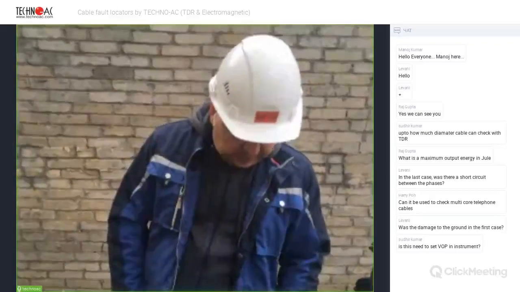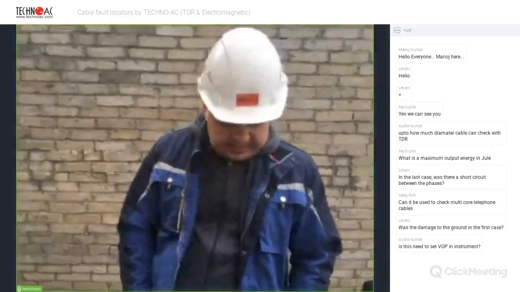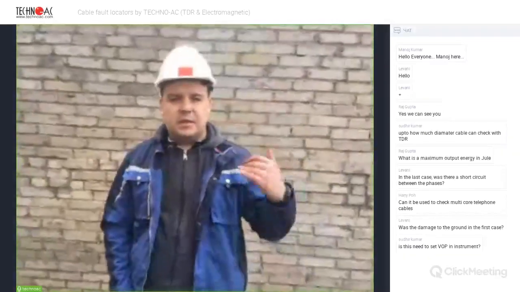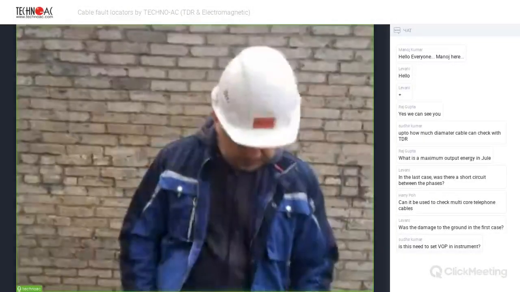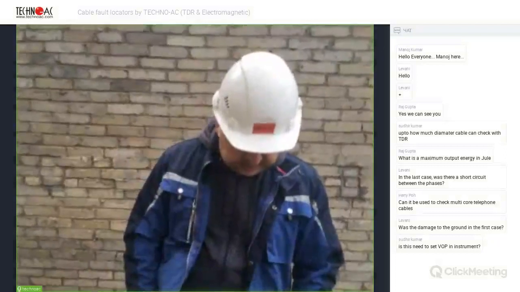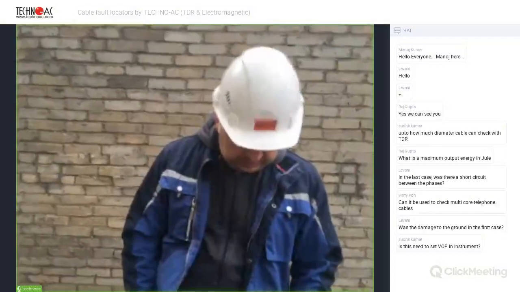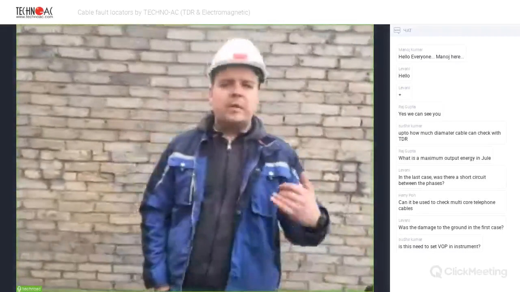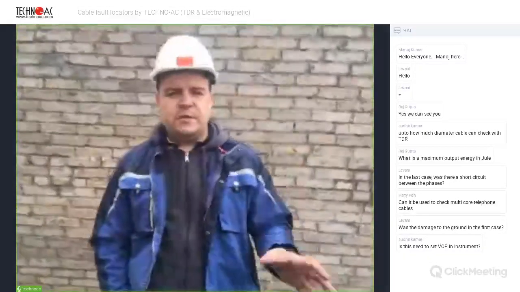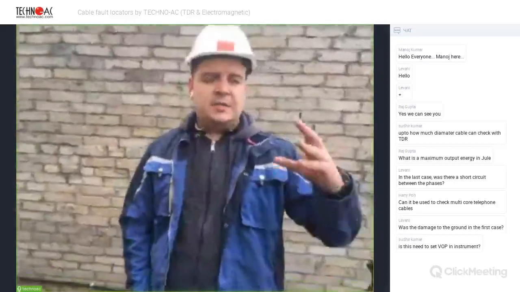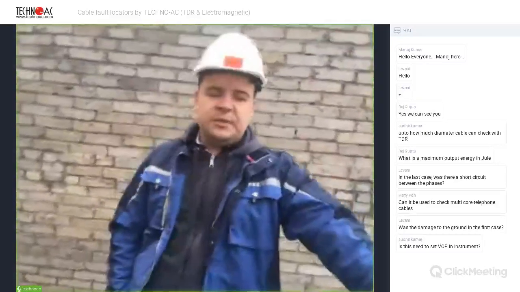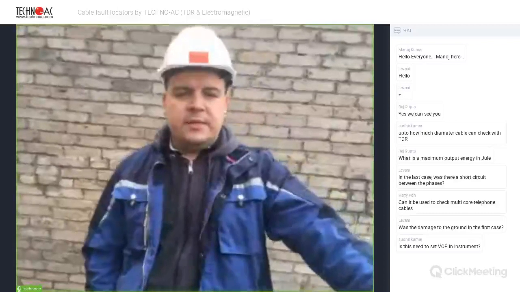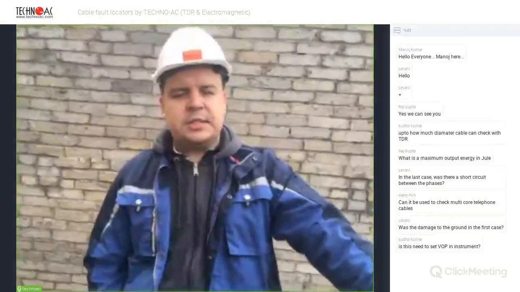Was the damage to the ground in the first case? Yes, it was the damage to the ground, the damage of the cable. Is this need to set VOP in instrument? Yes, generally all the cables have certain parameters, and certain manufacturers of the cables have data sheets